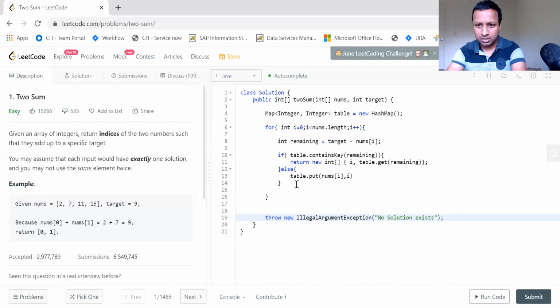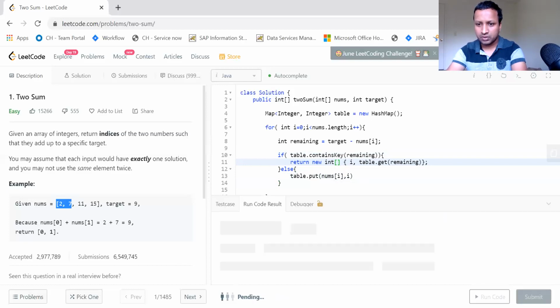I think that is it. This should work. We are parsing through it and entering values into the hash table. If we find it, we just return the indices of that particular pair.